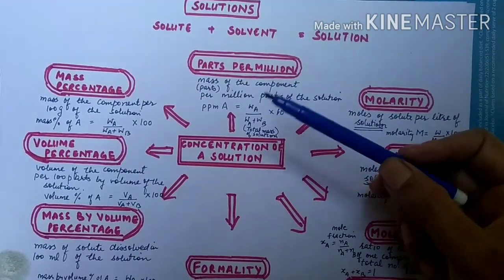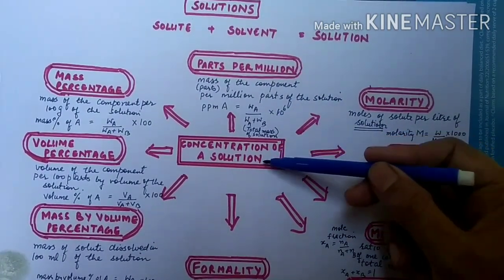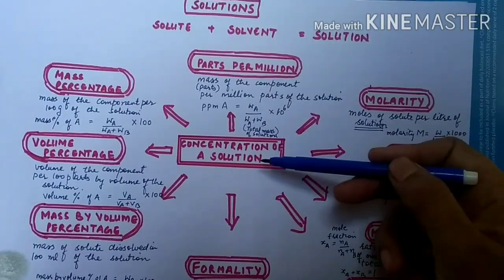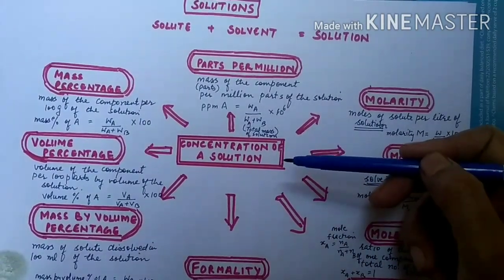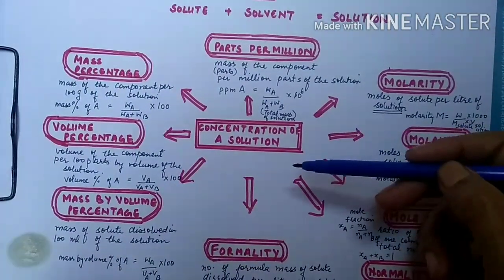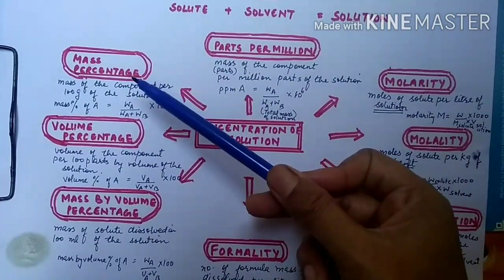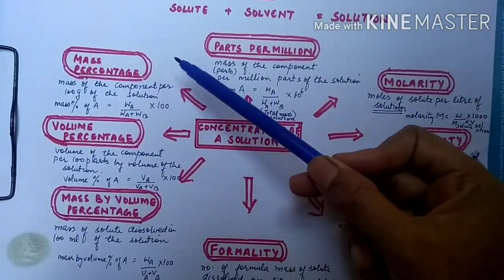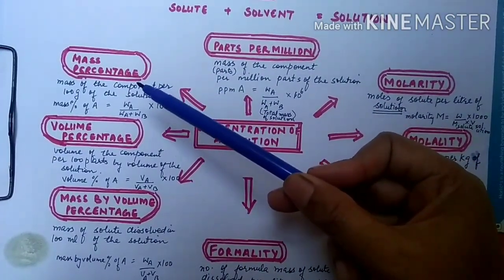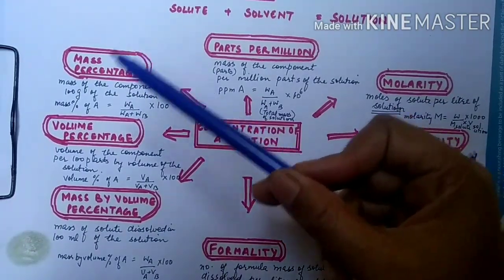Now, the strength, concentration of a solution is the mass of solute in grams dissolved per liter of the solution. Concentration of a solution can be represented by different manners. For example, mass percentage. So mass percentage of a solution is mass of the component dissolved per 100 grams of